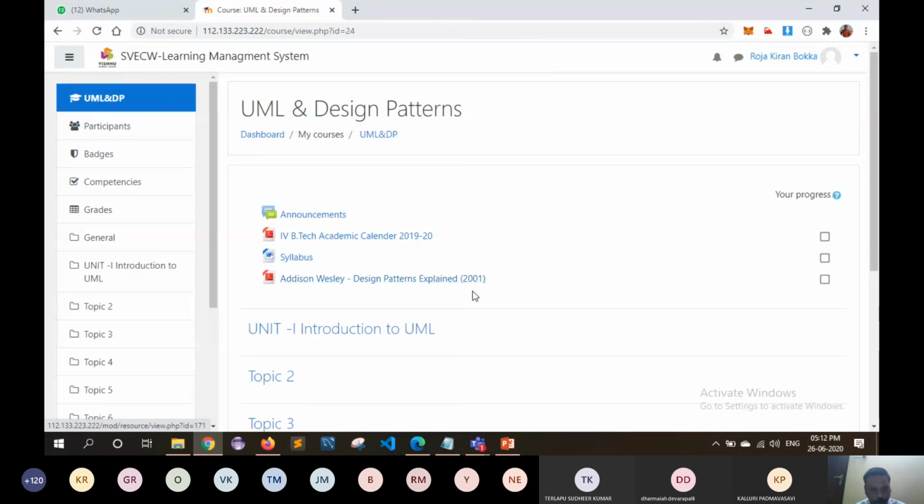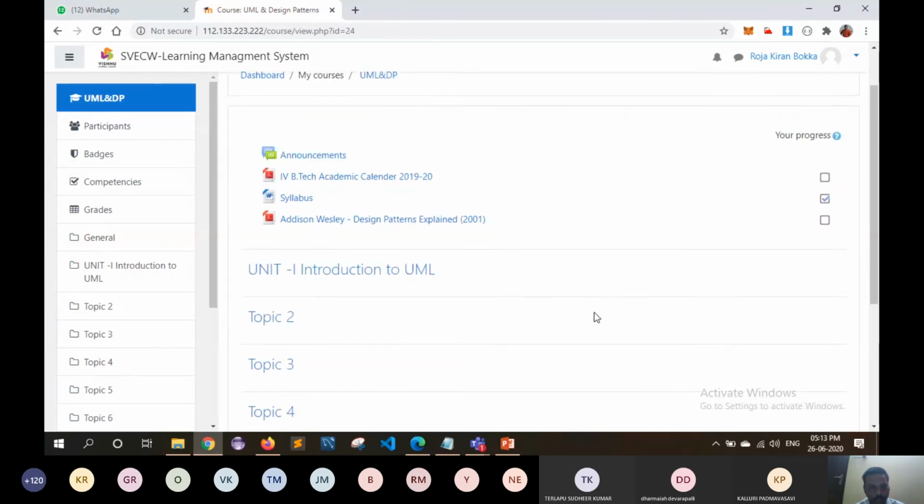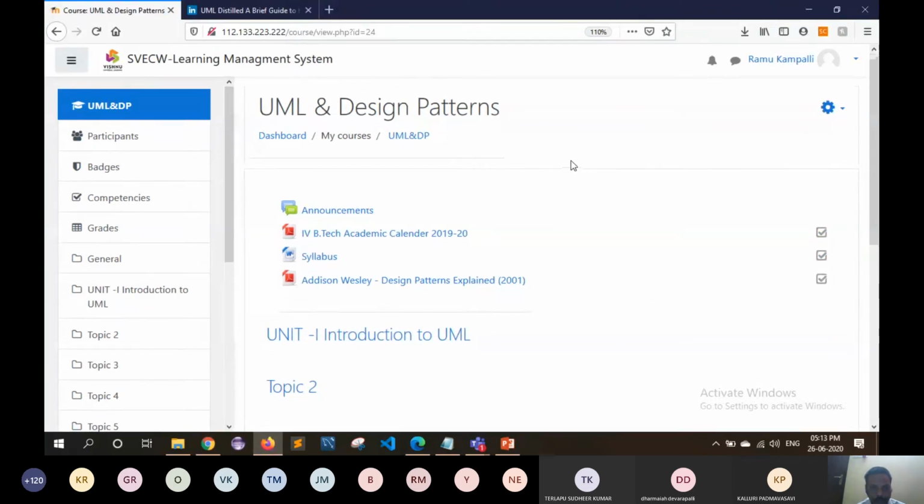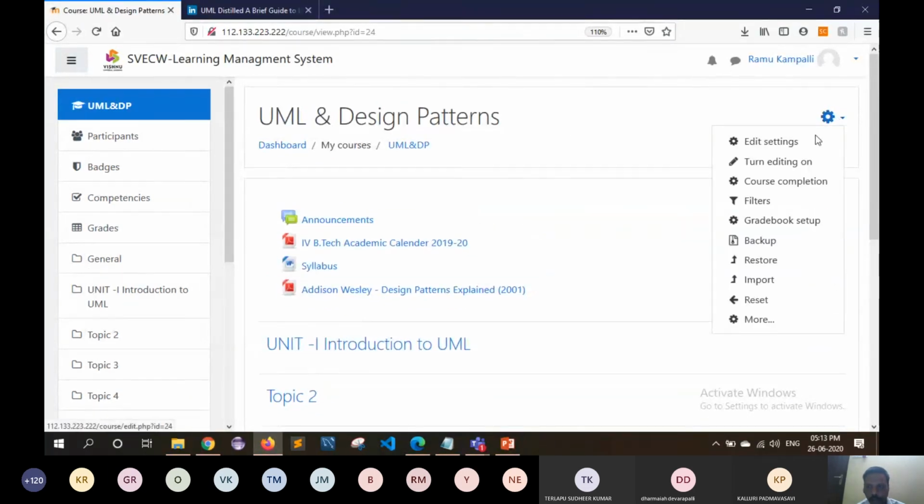By seeing the syllabus, the student can understand what topics are going to be discussed by the faculty. If the student visits this particular file, the student can click on the checkbox corresponding to this file, which indicates this file has been visited by the student. This is the user interface for the student, and then I'm turning on.